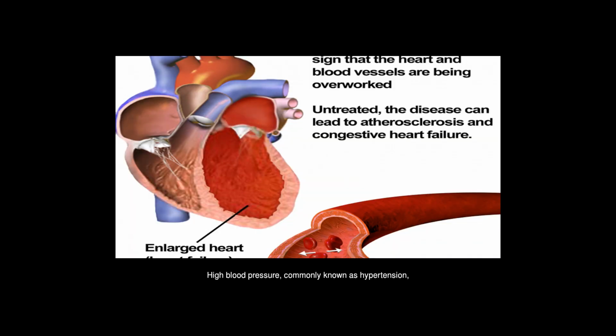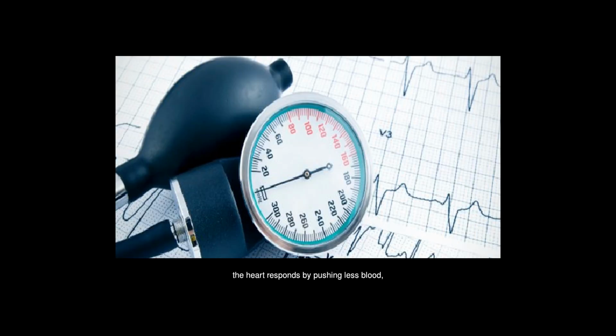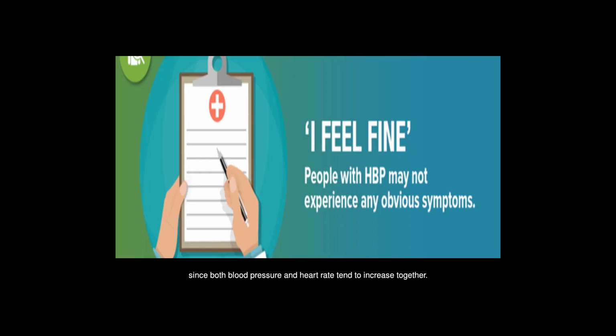High blood pressure, commonly known as hypertension, refers to increased pressure in the arteries of the body. Pulse rate, on the other hand, is a measurement of the number of times the heart beats in a minute. As the resistance in the arteries increases due to high pressure, the heart responds by pushing less blood, which brings down the heart rate. This phenomenon is not observed in normal circumstances, since both blood pressure and heart rate tend to increase together. However, certain diseases or consumption of certain medicines that increase blood pressure can cause a corresponding reduction